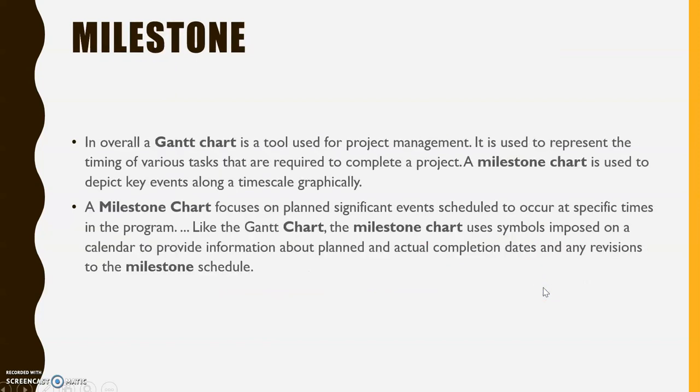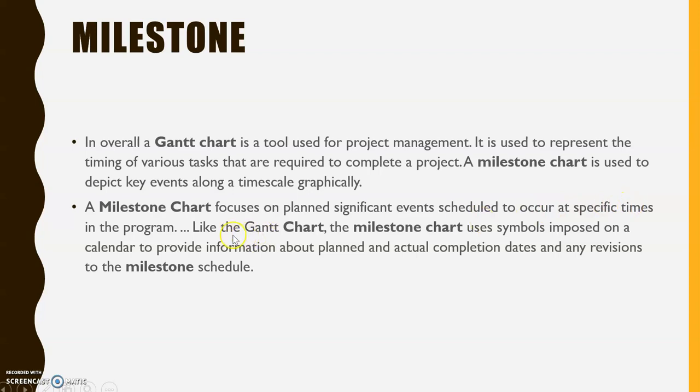Okay, milestone. Overall, a Gantt chart is a tool used for project management. It is used to represent the timing of various tasks that are required to complete a project. A milestone chart is used to depict key events along a timescale graphically, meaning that a milestone is actually inside the Gantt chart. Okay. A milestone chart focuses on planned significant events scheduled to occur at a specific time in